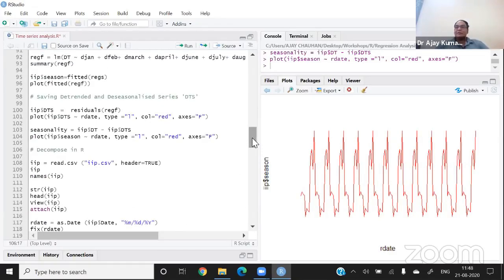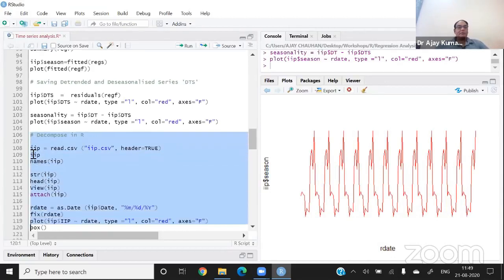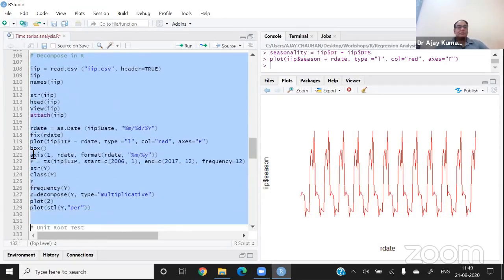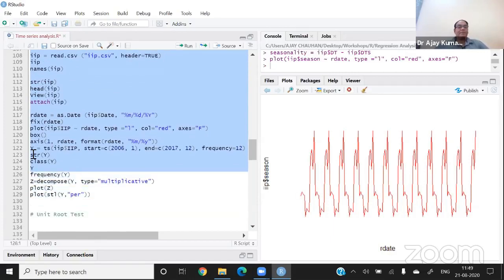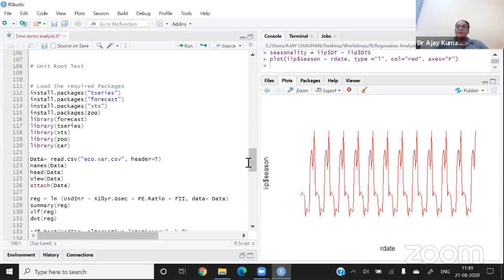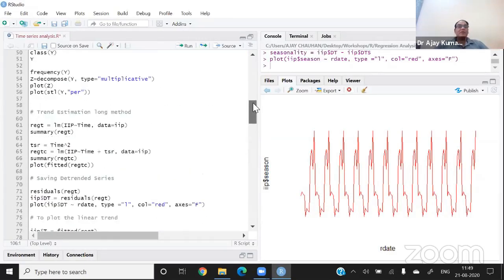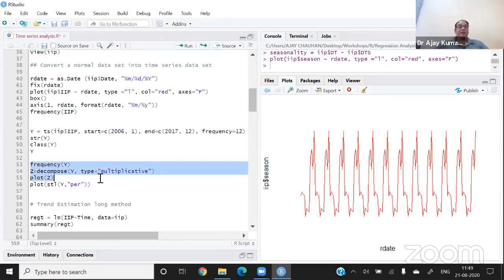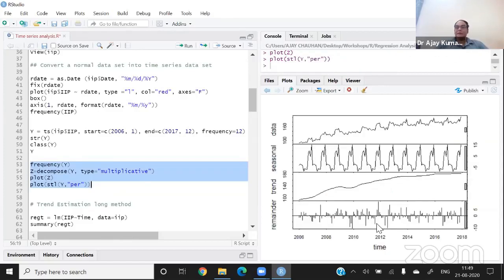Up to this level, I just showed you how to convert a normal series into a time series, and how to decompose the time series data set. We have commands in the software that will do this directly, and I just remind you one thing again: there is an automatic decompose function in R, and we can decompose all these things by just one command.